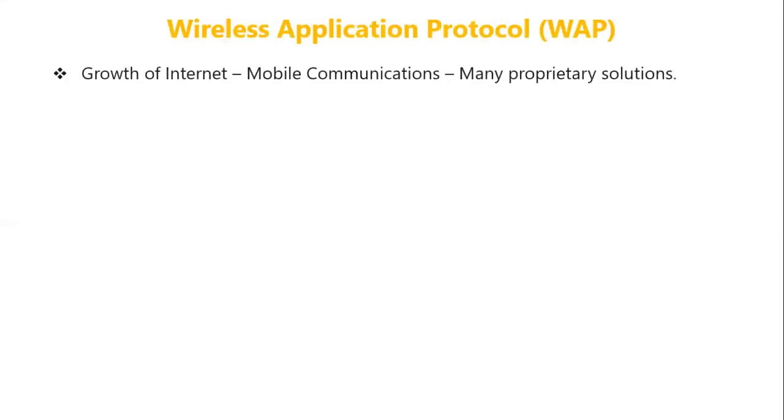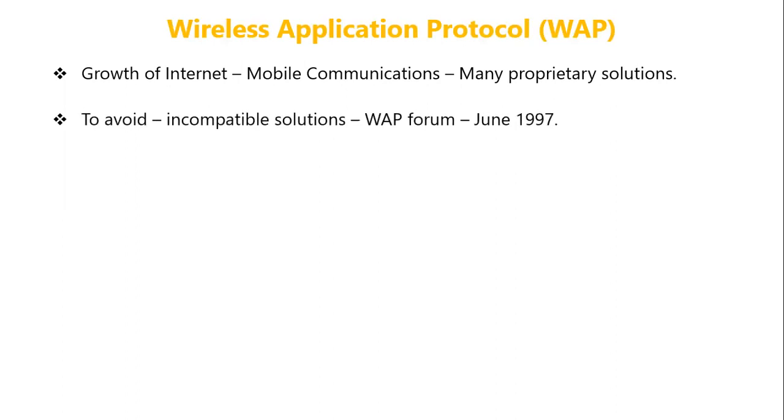The first topic that we'll be discussing is wireless application protocol. The growth of internet applications and mobile communications has led to many early proprietary solutions providing internet services for mobile wireless devices. Because of the growth in the internet, many proprietary solutions have been proposed for mobile communications. Obviously, if there are many solutions, they will be incompatible, and to ensure that they all become compatible,